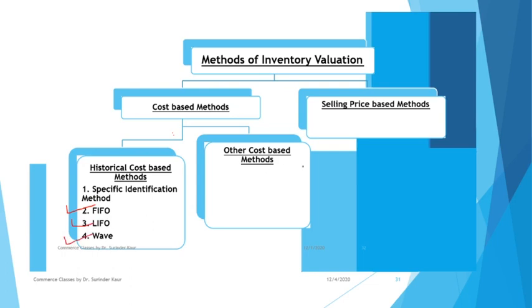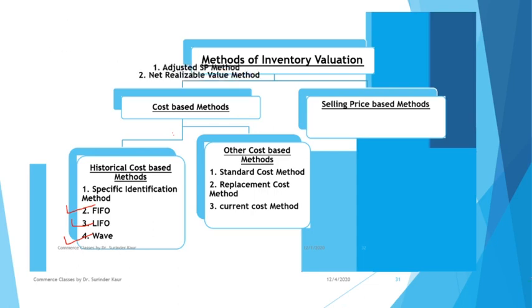Now other costs are costs which are not historical cost. Like on the basis of standard procedures, you may say that usually when we buy these stocks, this is the cost at which they should be purchased. So that is standard cost. Another can be replacement cost. If you want to replace these inventories with similar inventories, what will be the cost involved? Then current cost is how much the price is for the inventories right now. So the current purchase price will be another technique of valuing these inventories. However, these methods are not advised by accounting standards to be applied in most conditions. So the most generic methods are FIFO, LIFO, and WAVE.